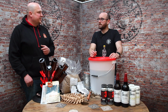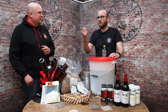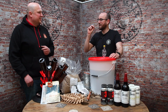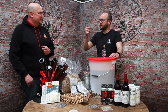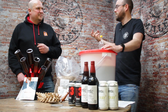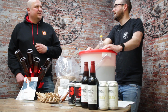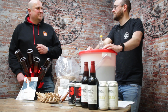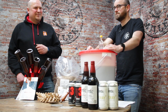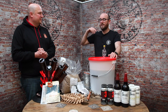It's interesting because what you just said about getting a true expression of the hop by using pellets, you're zeroing in on specific things you want from that hop. But you then lose that lovely tradition of actually getting the hop flavours, some of which maybe we don't want, but it's also more true to what was plucked from the vine. Yeah, so it's kind of a philosophical thing as much as it is a which kit works or which one's better. So obviously we've talked almost exclusively about hops during this boil episode,